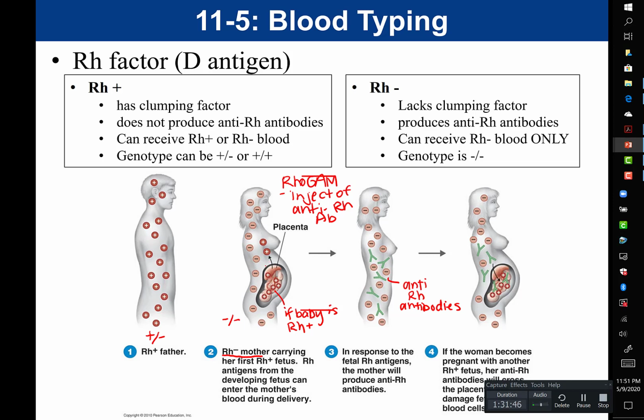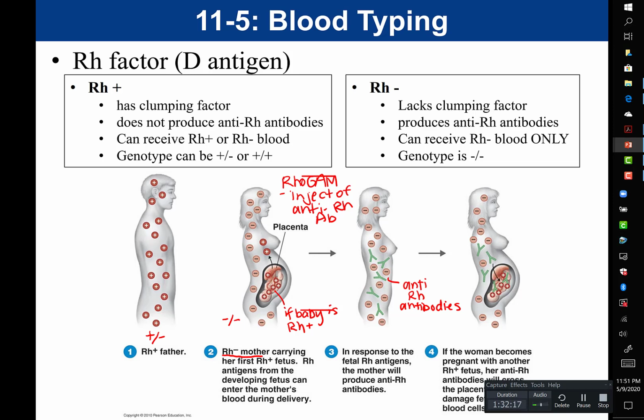If the antibodies are already there to neutralize the baby's blood, mom's immune system doesn't have to create those antibodies, so it doesn't make them. And if mom's immune system doesn't make antibodies, then she will not have those memory cells, and those memory cells won't produce those antibodies. And so again, this is called Rh incompatibility,